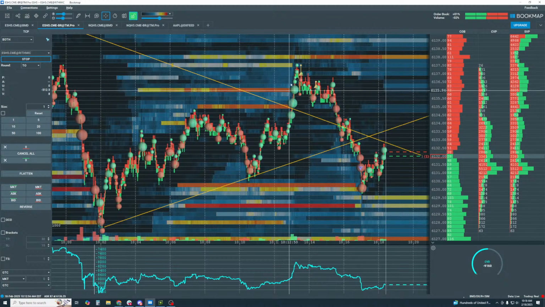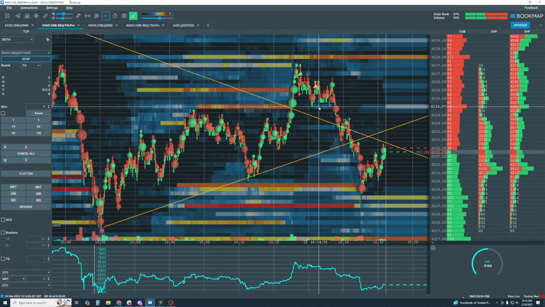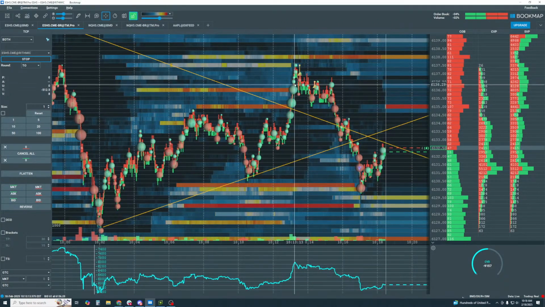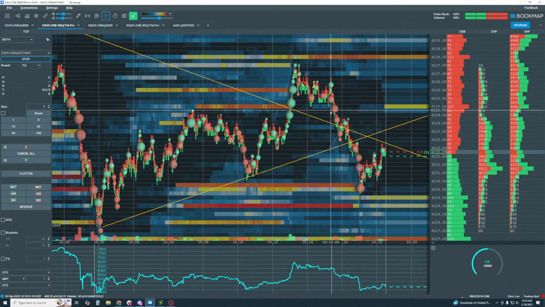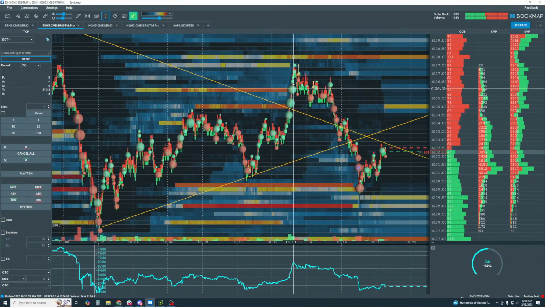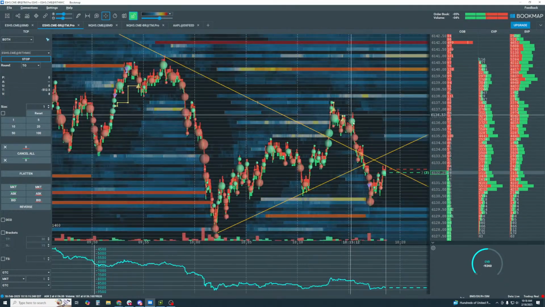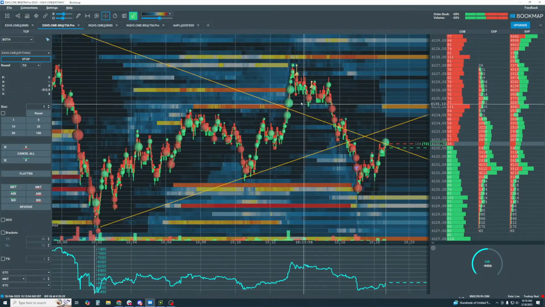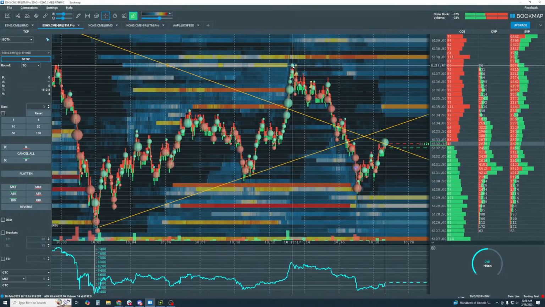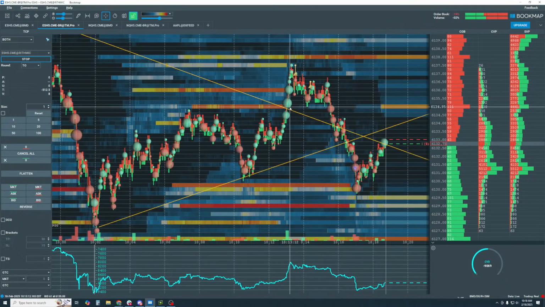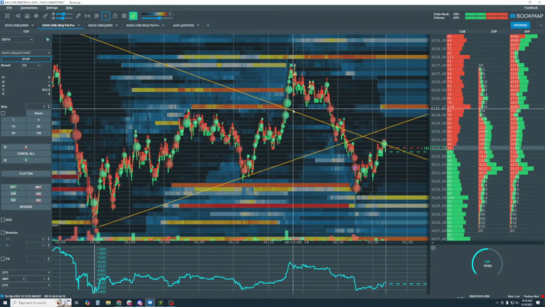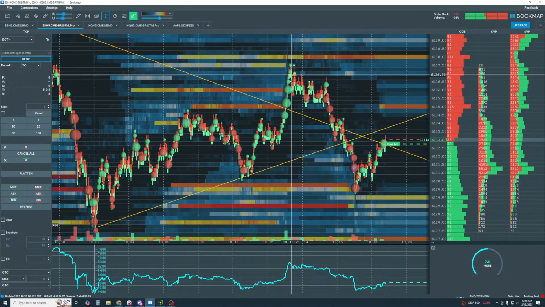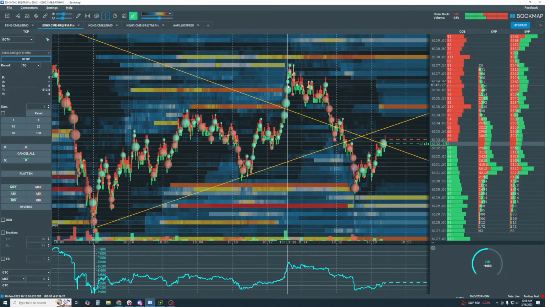So we traded into it here, and we traded a little bit through it. Now look at how we traded up above it here. Now, of course, this is hindsight, but this is okay. Let's learn from what we did in here, because I'll take this again and again and again. But just refining it in here. How do we refine it? What is it that we maybe can take away from this in here?